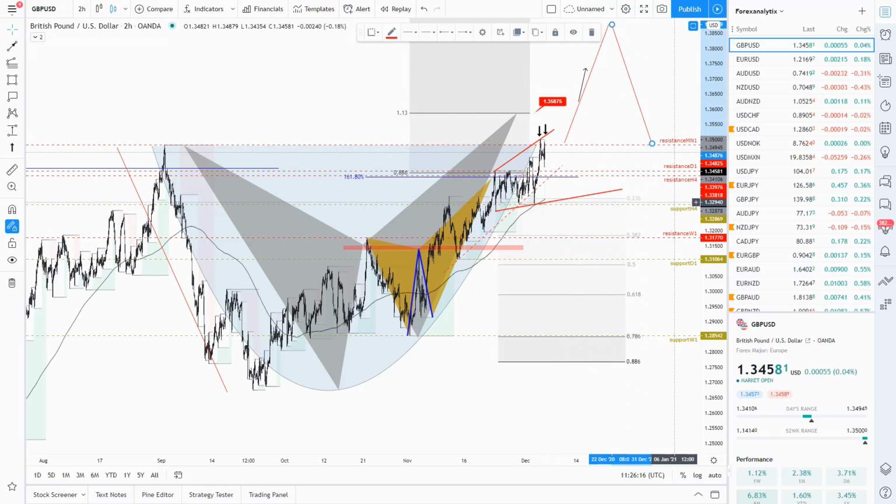It can happen a lot of times, but usually we wait for that on a minor, let's say a lower degree or a lower time frame to happen. We need to see the market trading above that monthly fractal, and then as soon as the market starts to approach again the monthly resistance, it may offer some pressure and support, and then as soon as the market starts to break above, that may trigger more upside momentum for the cable.